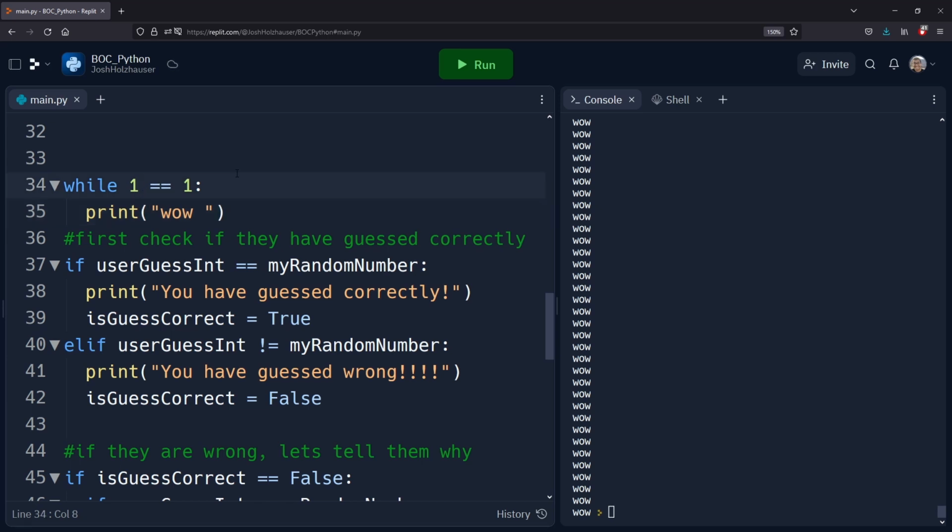So how do we actually use a while loop in our game? We're going to do it with this flag, is correct. While is guess correct is equal to false. So this is while the user has not guessed, that false is capital F. This is while the user has not guessed correctly. We want to do